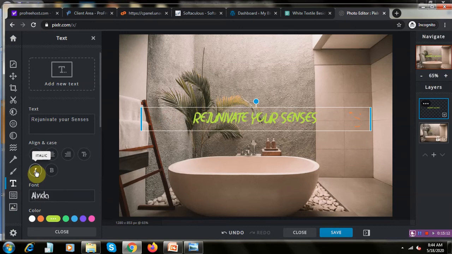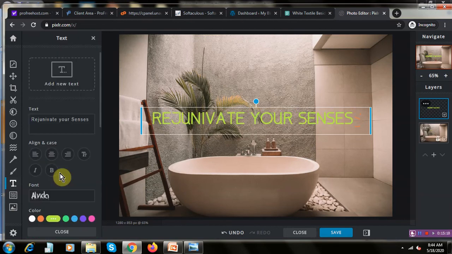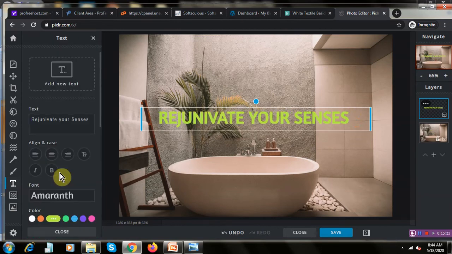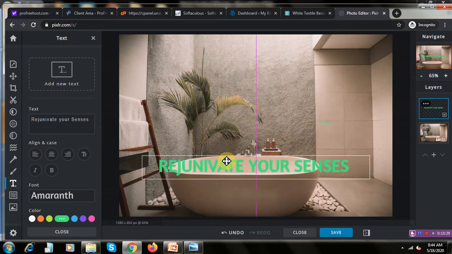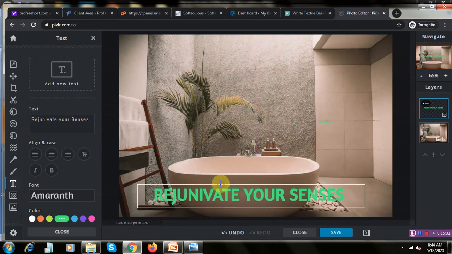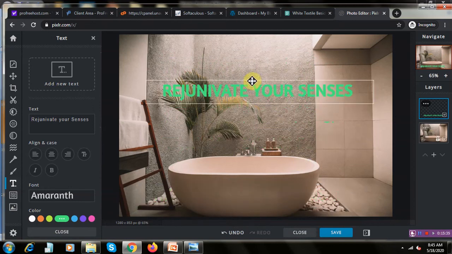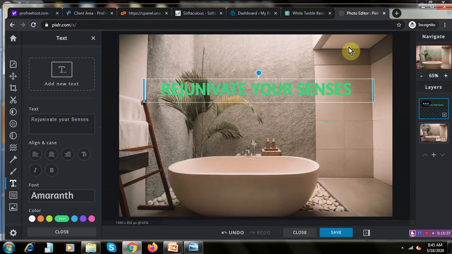Plain color, font, italic, if you wanted it bold, or if you wanted a more professional look, or change color, green. So whatever, if you want this to appear on the top or on the bathtub or wherever you would like, you can go ahead and do it.